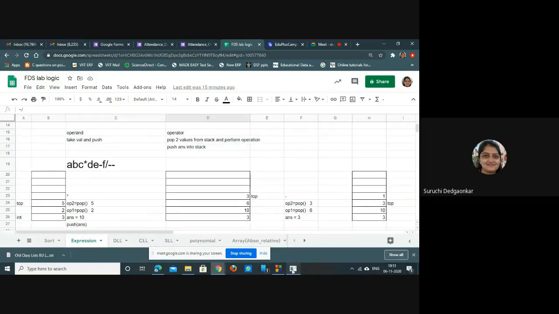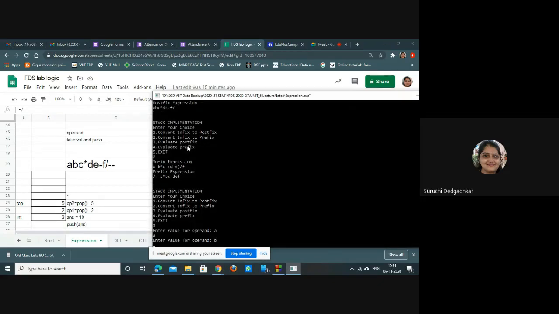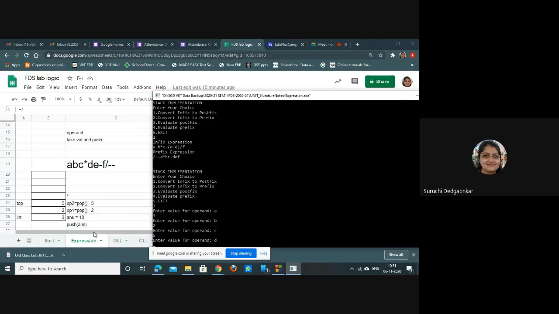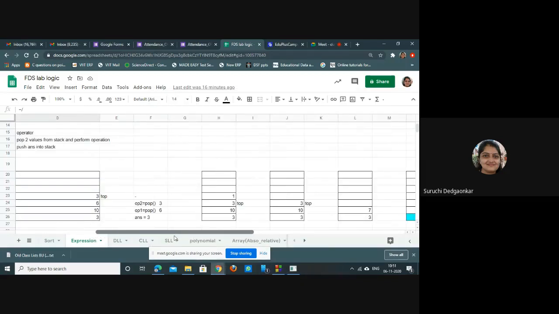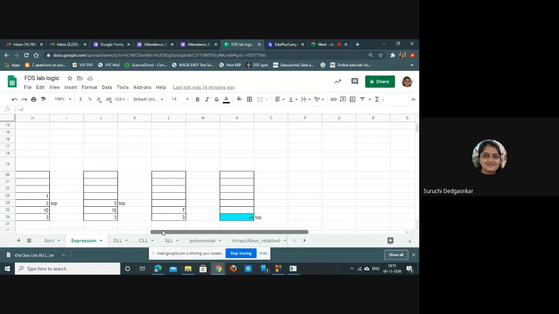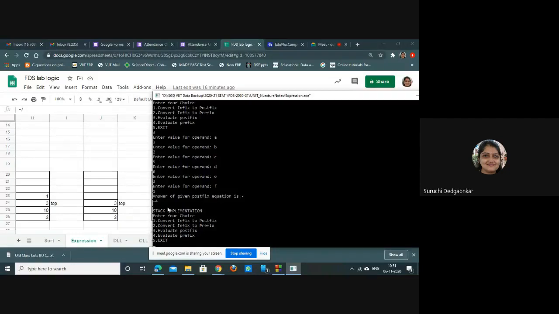The values are A, P is 2, P is 5, value of B is I think 3, 2, 5, 6, value of F is 1. So we are getting minus. So evaluation is also working properly.